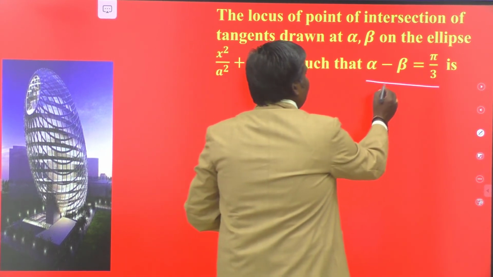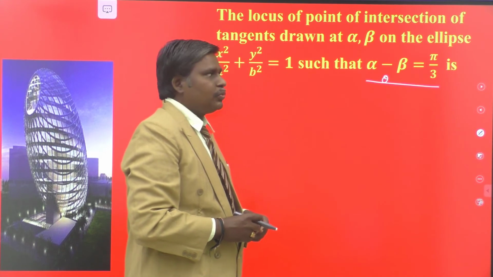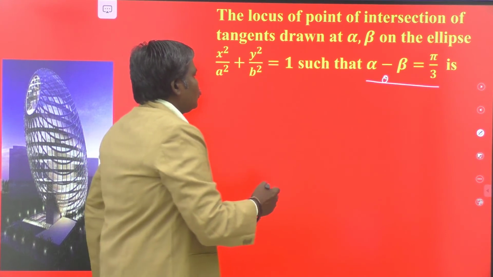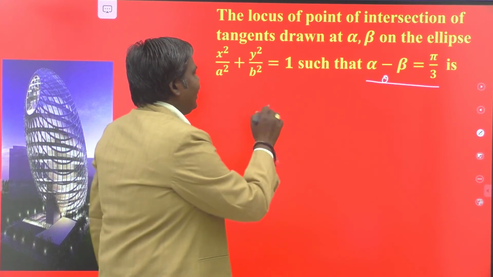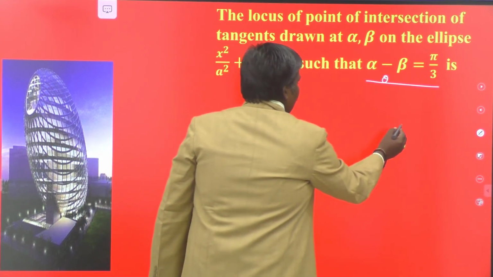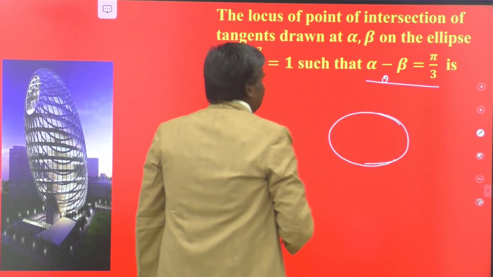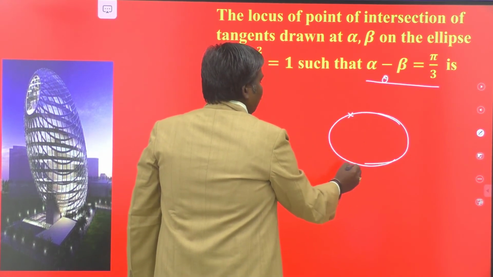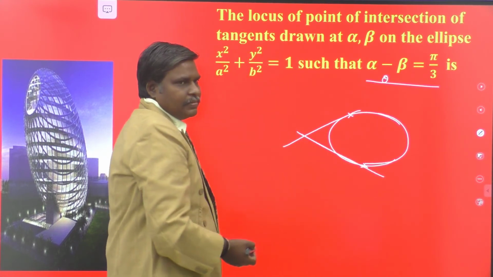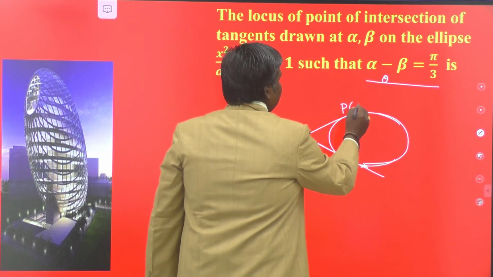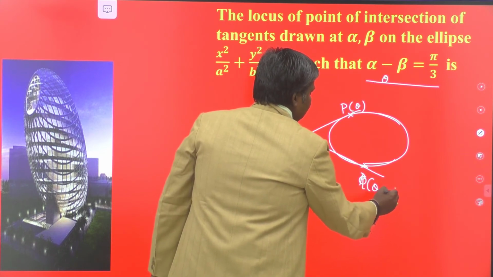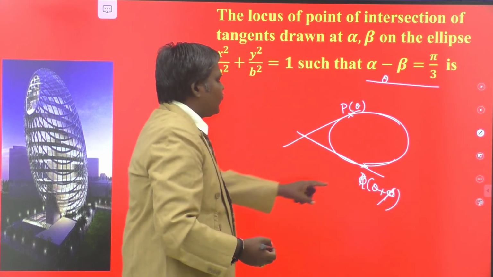Here theta is what? Alpha minus beta, that is pi by 3, is given to you. So we approach another concept to eliminate that theta. First of all we do the general method and then we apply pi by 3 instead of theta. Let us try to do this one. We have to find the locus of point of intersection of tangents at the points whose eccentric angles differ by, say, phi. Suppose if it is P of theta, then it is Q of theta plus phi, say. So angles differ by phi.